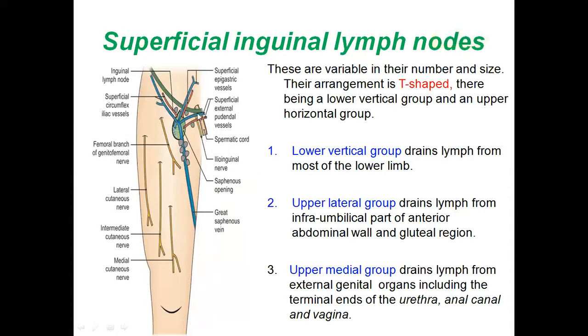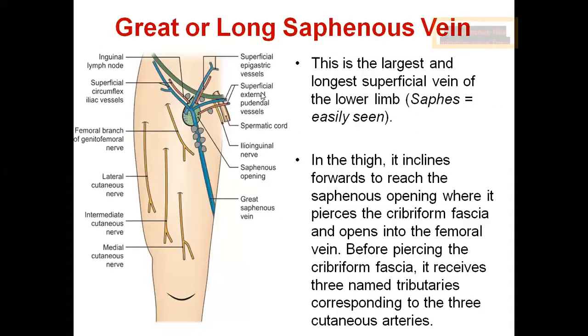Apart from these superficial veins, just a minute, before that you see the corresponding names of the blood vessels what we have studied. They are usually used for the veins also. You have superficial circumflex iliac vein, and superficial epigastric vein, and superficial external pudendal vein. All of them are draining into great saphenous vein. Okay, that means here the word vessels is used. Always we use the word vessel to represent both artery and vein together.